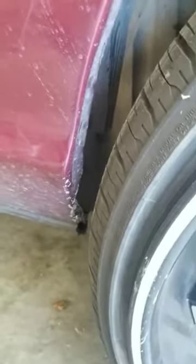Now, here's the cutting part. Yes, you're going to have to cut. I'm going to show you what I did. I'm going to show you what I used to cut with, too. But this is what you're going to have to cut. It ain't the best because I was doing it with the sun going down. But,